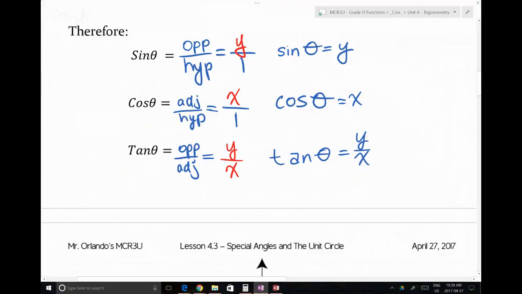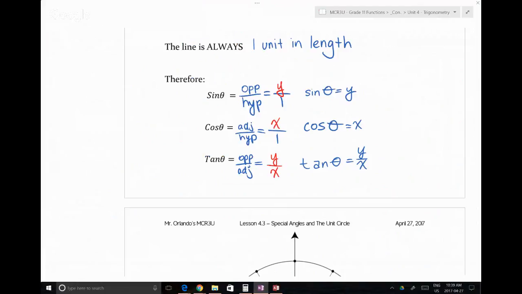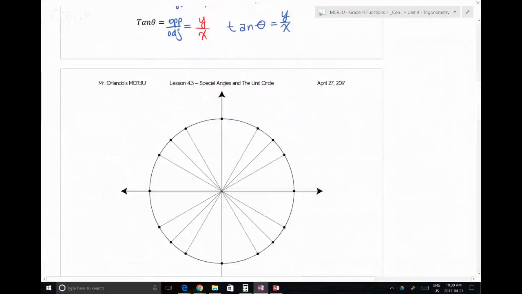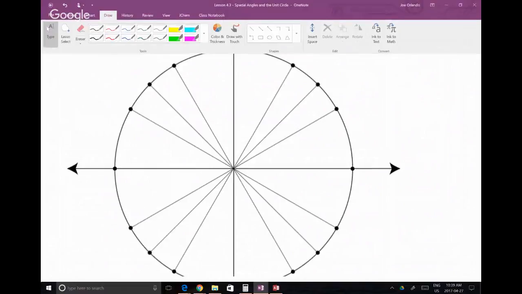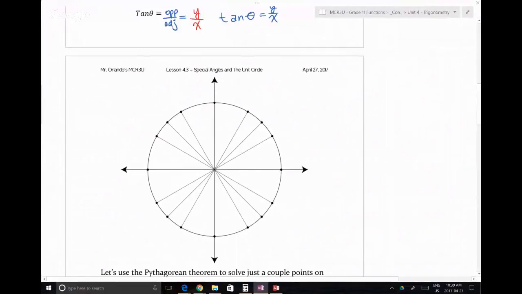Now, what does this actually mean? Well, it means that we can use this to find precise angles for certain things. And I want to look at just a couple of examples. So if we come down to this unit circle here,